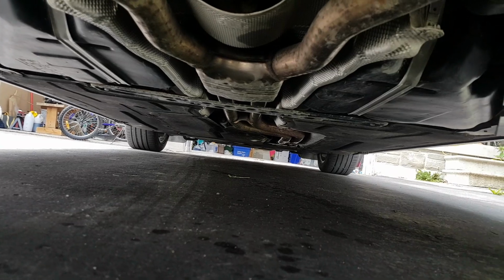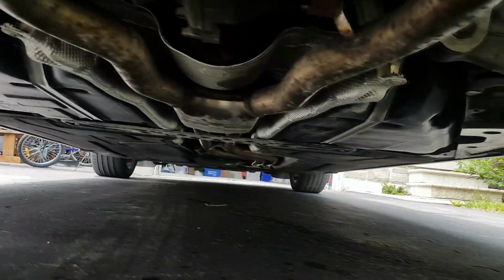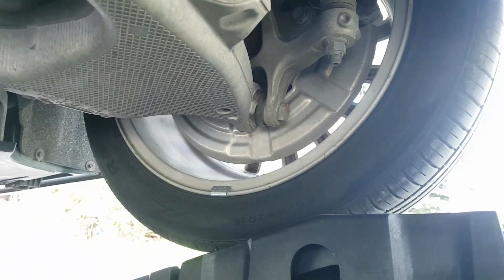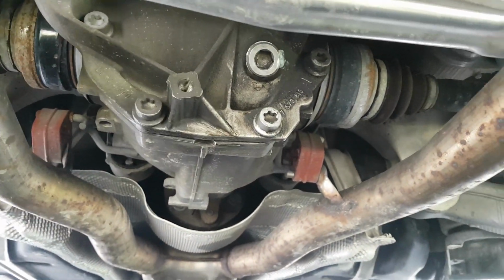My driveway is sloping down, as you can see. And by jacking up the rear and putting it on the ramps, I can actually have plenty of space to get in under my car. So this is the way I'm going to do it. Next step is to remove the...